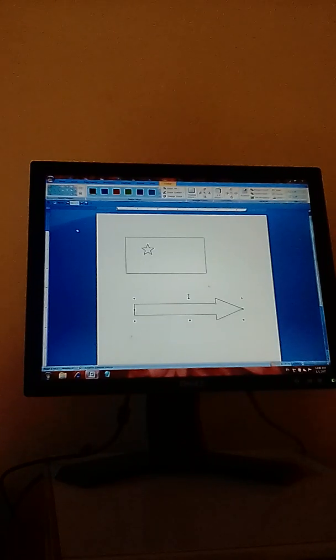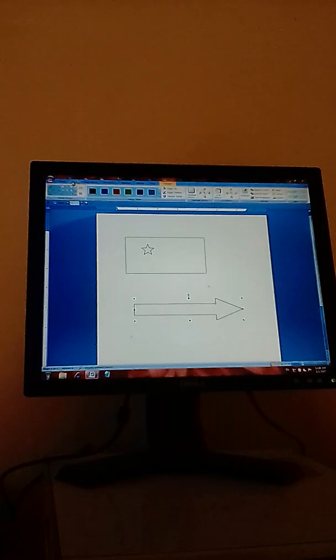So dear students, for example, you want to insert an arrow shape on your document, in the rectangle or another place of the document, you can insert an arrow.